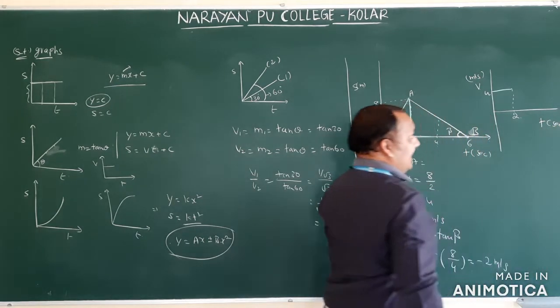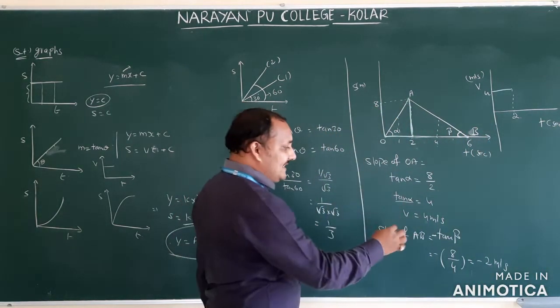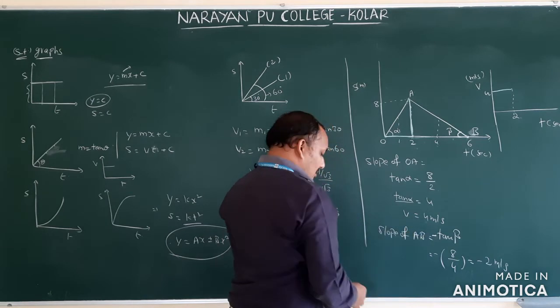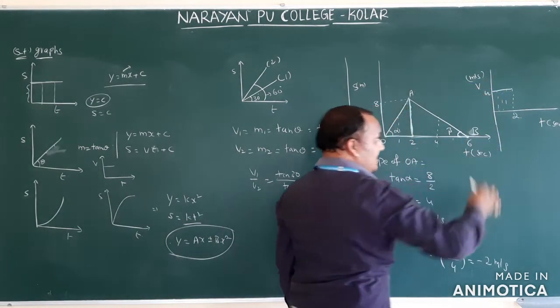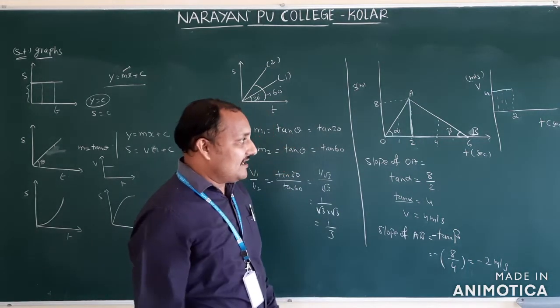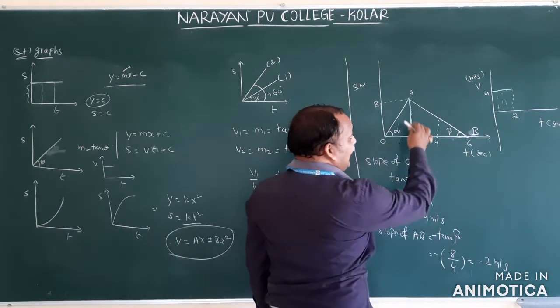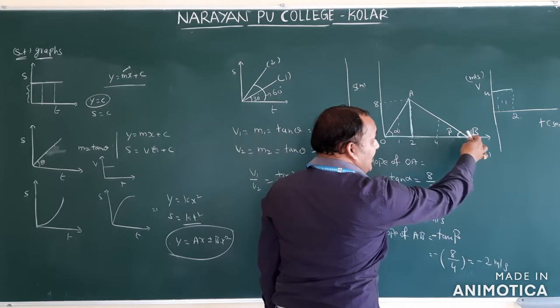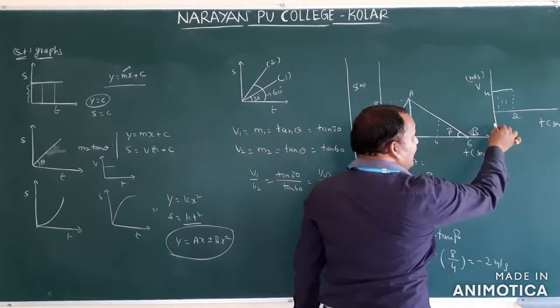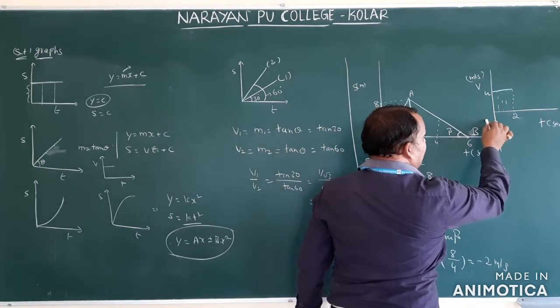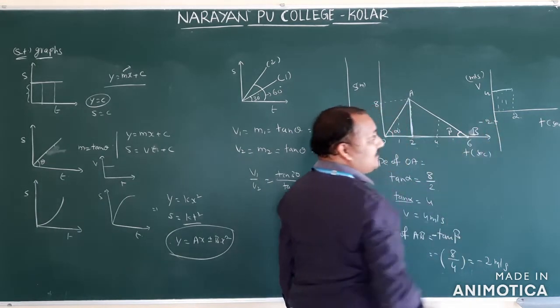So time is in seconds. Up to 2 seconds it is moving with the same velocity, that is nothing but 4 meter per second. Now wherever you find it, at 1 second or at 0.5, you will get the same velocity. Now we will see the velocity after 2 seconds. So displacement is going to decrease, but its value is negative. Negative means which axis should we come to? The negative y-axis.